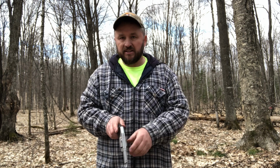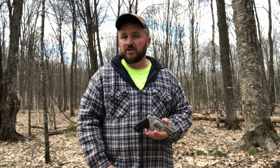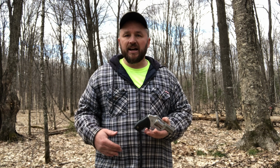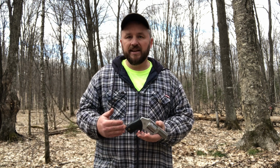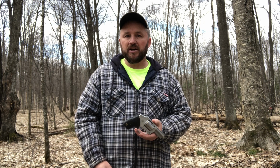You can see that the action is a little bit thinner and narrower. It only carries 5 rounds in it, which at first I thought that would be a downside to it, but I learned later on from my experiences in life. I was held up at gunpoint a couple years ago, and I was talking to the detective. He says, Carl, on average, when he was interviewing me and we were conversing back and forth, he says the average gunfight when you're in a